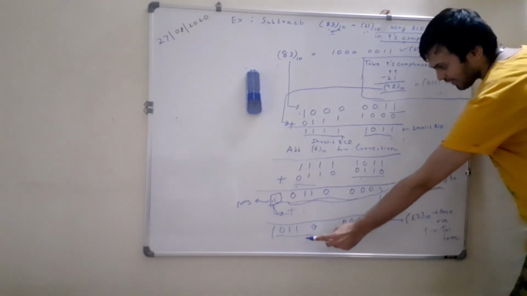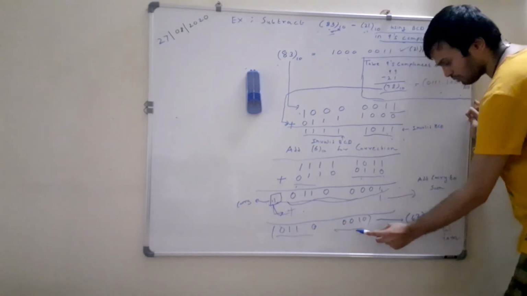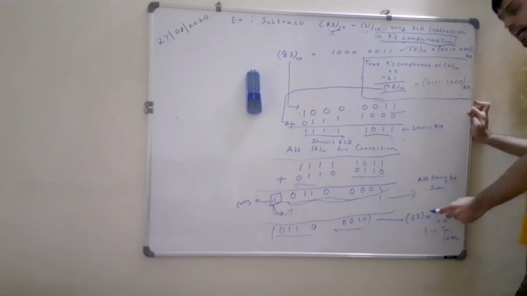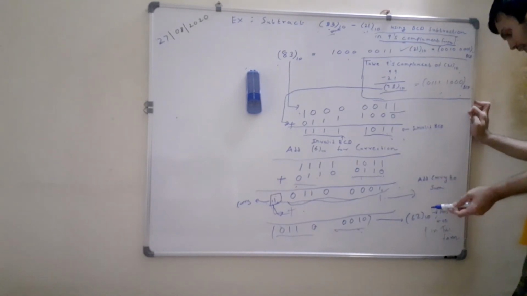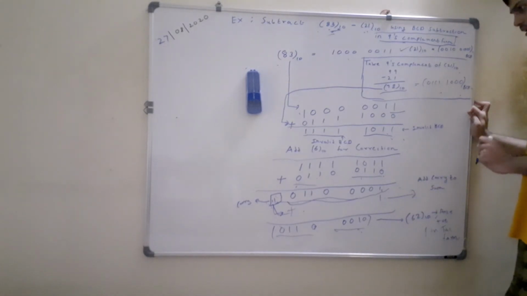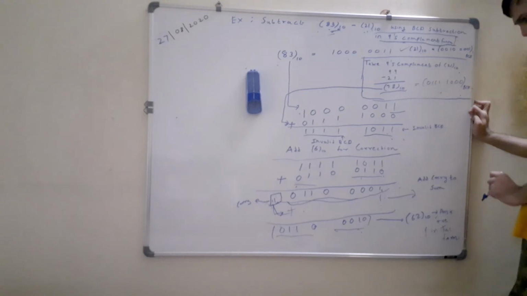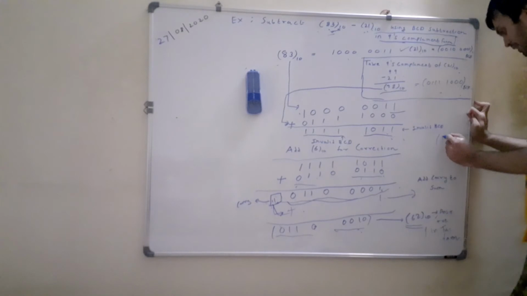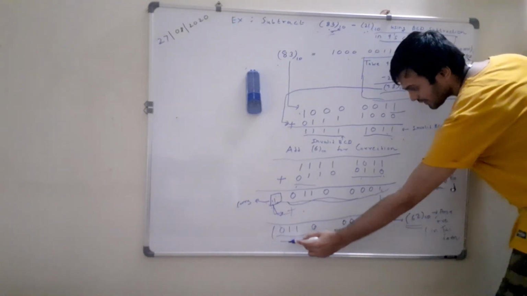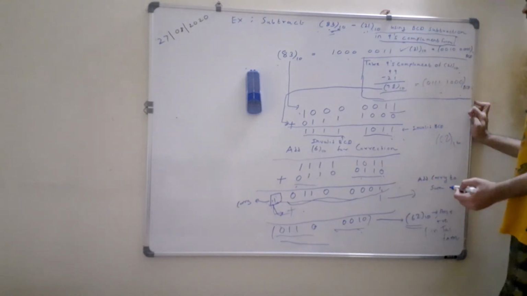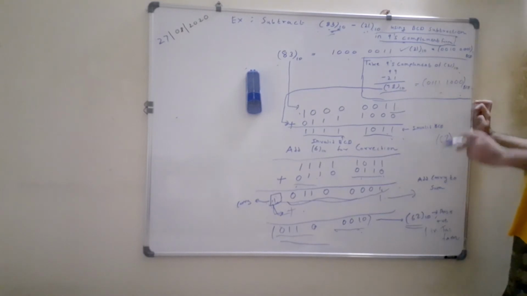Now look at the final answer. This is 6 and this is 2. So the answer is in valid BCD form. So your final answer is positive, and when the end around carry is generated, we add it back to the sum to get the final result. So you need not do anything. Your subtraction process actually stops over here. So this is the final result of your subtraction, which is the decimal number 62, or its equivalent BCD form, that is 0 1 1 0 0 0 1 0. So this was BCD subtraction using 9's complement.